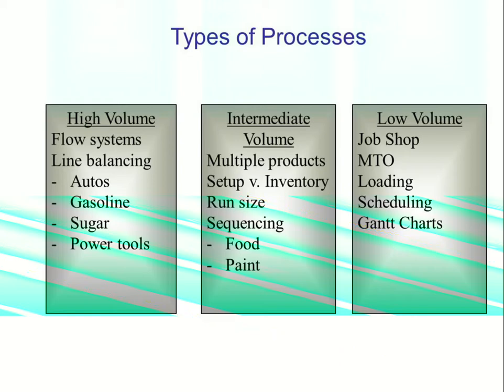When we move to an intermediate volume, the issues change because we're often talking about the changeover between multiple products. So there's been a prior case where it was introduced and we were looking at cookie manufacturing. And so in this cookie manufacturing facility, we certainly had mixing and cutting and baking and packaging, but we probably don't run 24/7 making all chocolate chip cookies. So we may make chocolate chip cookies and sugar cookies and molasses cookies and oatmeal cookies. So we've got issues when we change over between different cookies, whether we need to clean all the machines,